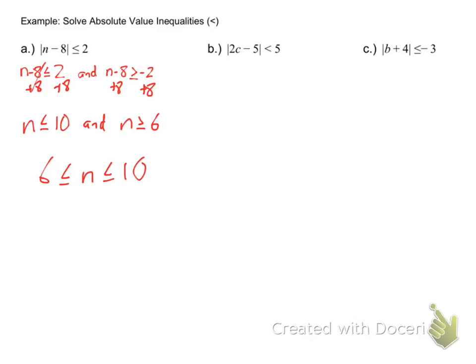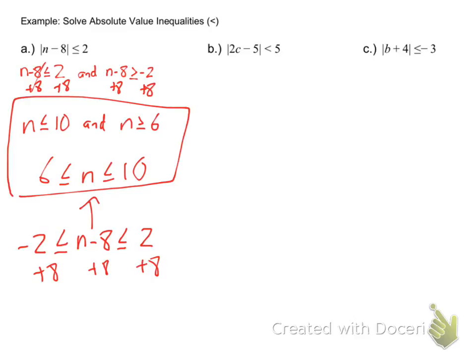You could have done this exact same thing, guys, of going, hey, if I were to drop the absolute values, I'd have this, but then make it larger or equal to the opposite of 2. If I wanted to get n by itself now, I'd just add 8, right? But won't that lead to what we just did here? Yes. So there's a couple of ways we can do this, guys. So again, either one of those is correct,